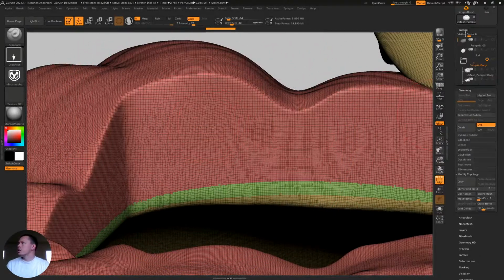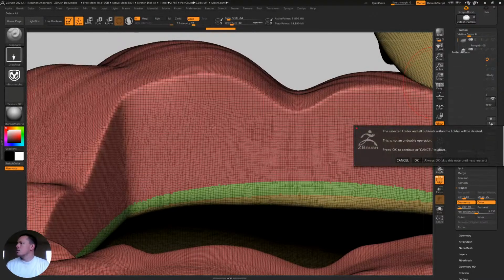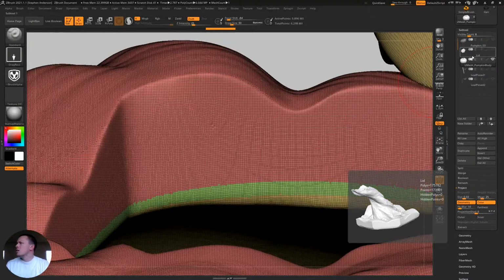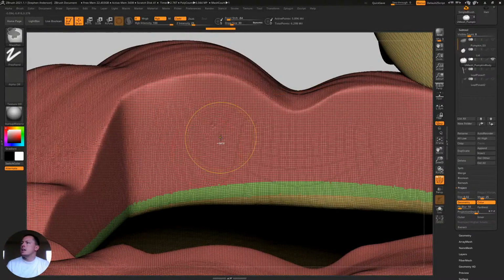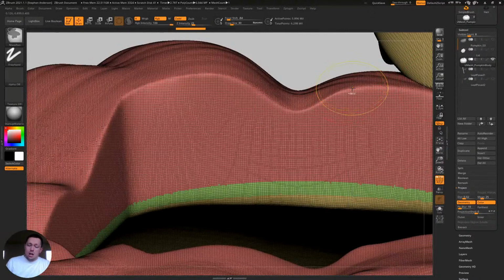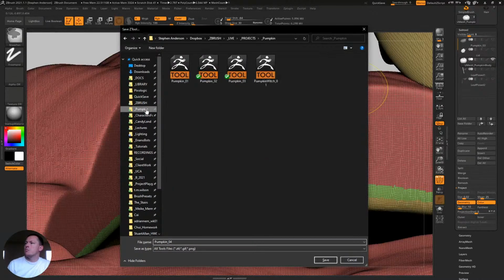Okay, so this is a really heavy mesh. Let's go ahead and say delete all, just get rid of anything that's not necessary. Okay, so we've got the lid, we've got the pumpkin. I'm going to take this, and we are going to say Control save, go hit 4, go back into pumpkin,